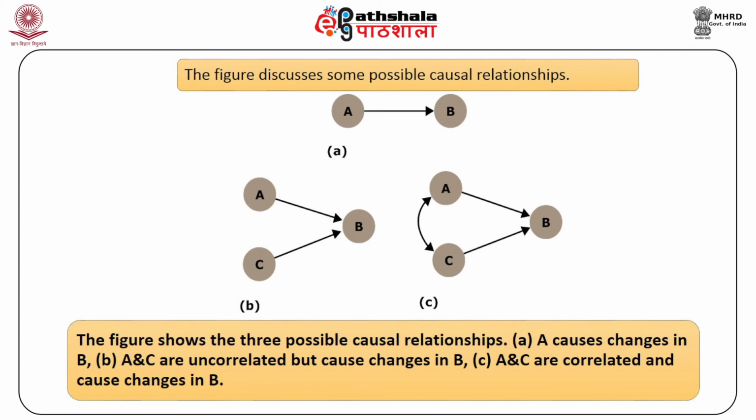The curved arrows between variables A and C signify a correlation between the two variables. In path analysis, straight arrowed lines signify a causal relationship and curved arrows stand for a correlational relationship. One must keep that in mind always. Together, the correlated variables A and C, which are joined by the arrowed curve, cause the changes in the dependent variable B, which is shown by the straight arrow line.